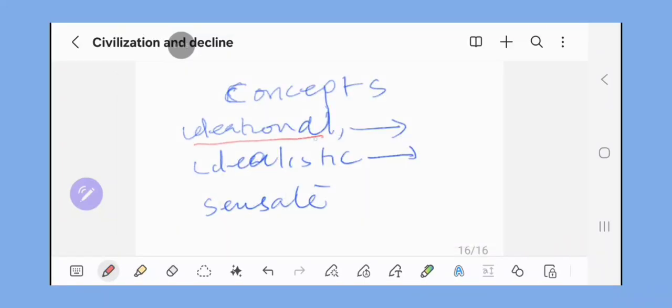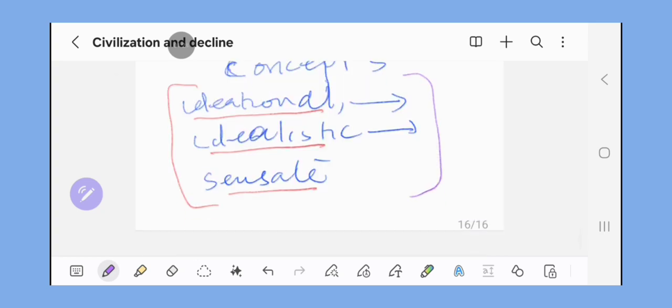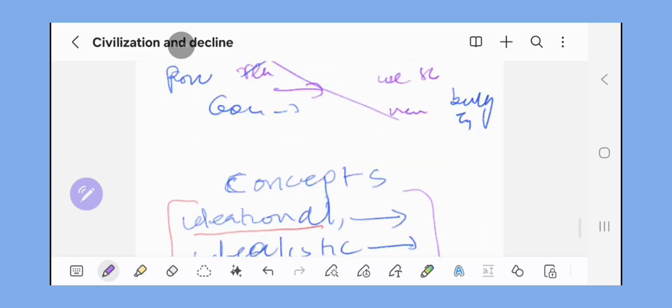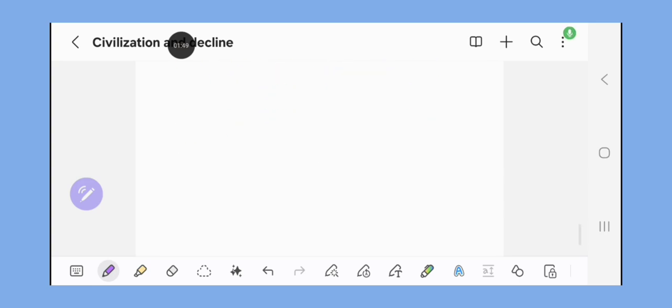These three concepts which I came across. The first concept is ideational. The second is idealistic. And the third one is sensate. I came across these three concepts reading Parsons,